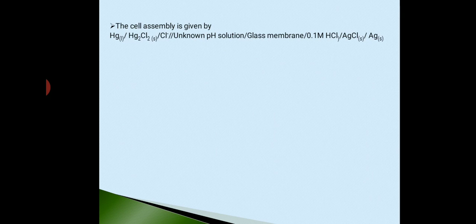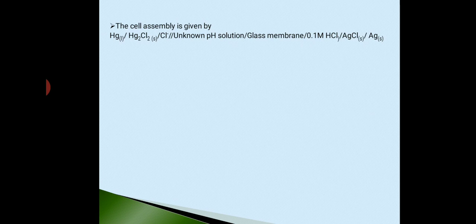After combining the glass electrode and the calomel electrode, there will be generation of one full cell. That cell is represented as this. As I already told, the glass electrode acts as cathode, so the anode is our calomel electrode. We already know that the calomel electrode can act as both anode as well as cathode, depending upon the nature of the other electrode used.